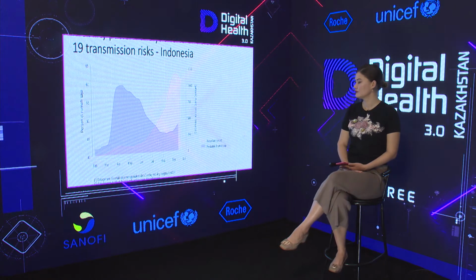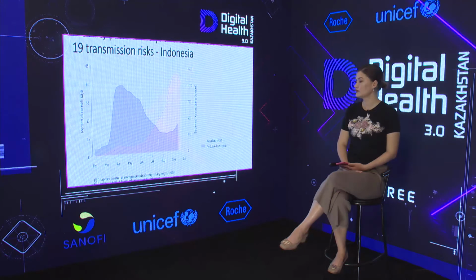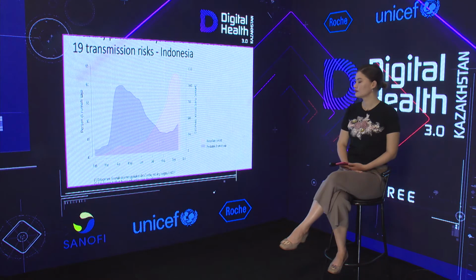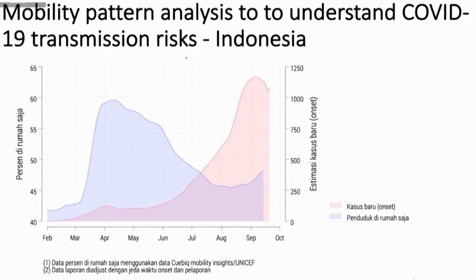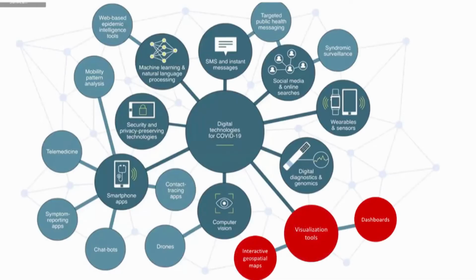So what we use this data for, especially in countries like Indonesia, is to use this mobility data to track where we perceive the transmission to take place based on people's movements, and to guide policy decisions around school openings and other openings of the society that is influenced by population movement. Then lastly, I'm going to move over to these three bubbles, which are around use of data to visualize